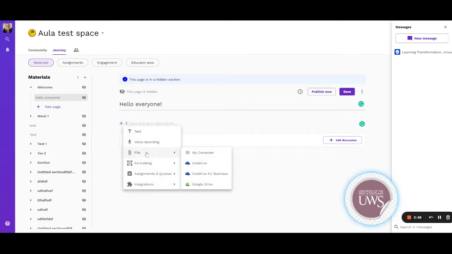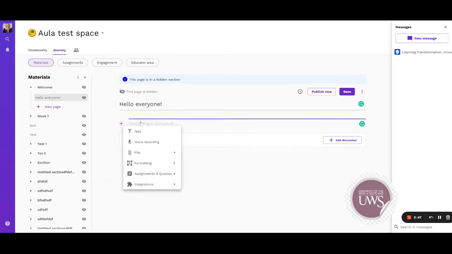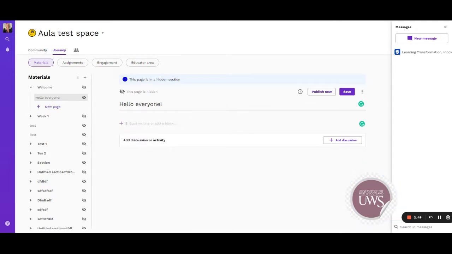You can add audio. You can bring a file, whether that's a photograph from the computer. You could add a YouTube video by just typing in the URL. And you could add an H5P integration, which we'll look at later, and also assessments and quizzes, which again we'll look at later. So in here, you can just start